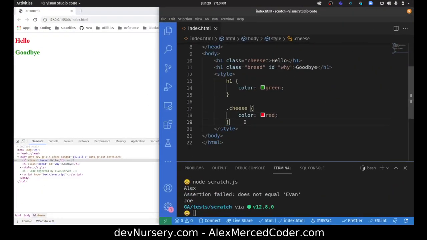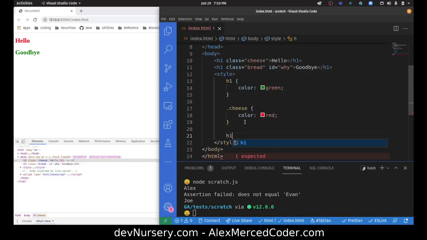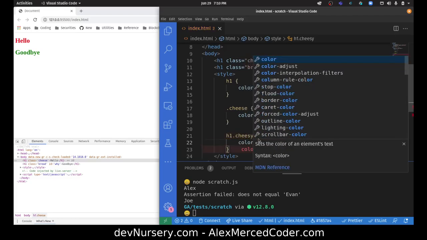Now, let's say I did this. I want to do h1.cheesy. Okay, and well, this is the tag and the class, so that should have a higher weight than just cheese by itself. Okay, now if I put in color blue,